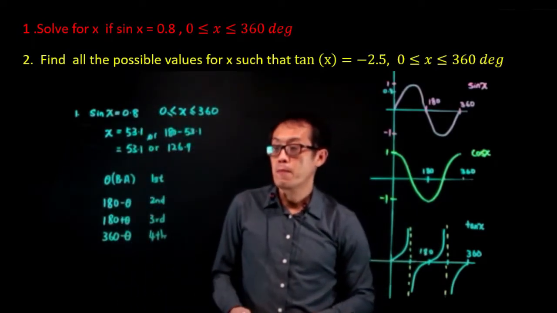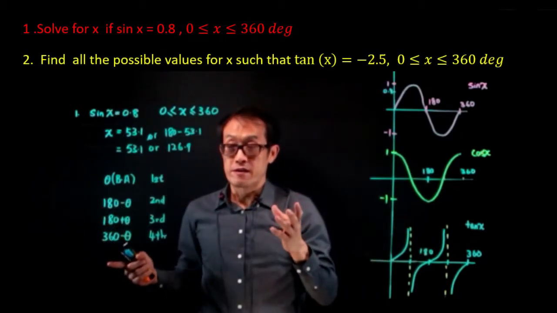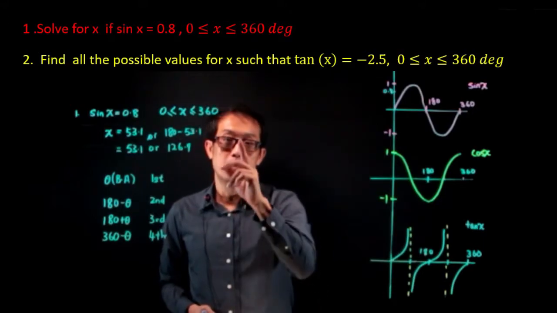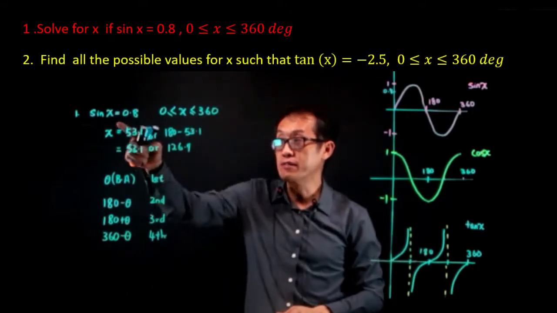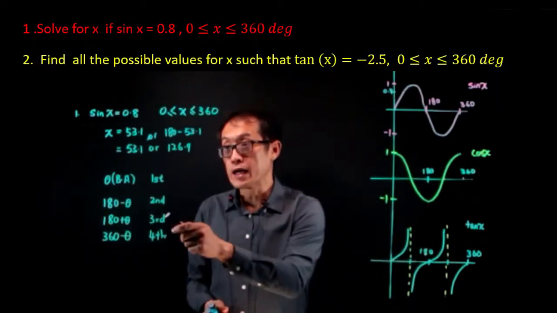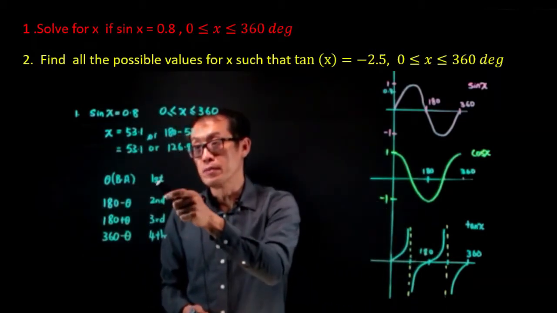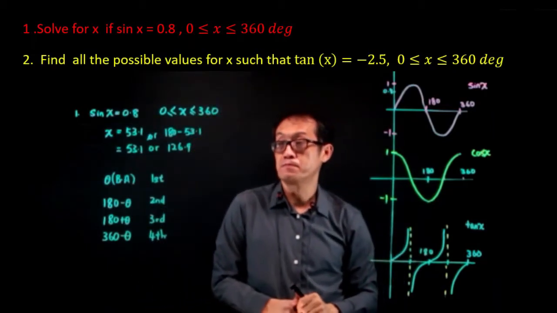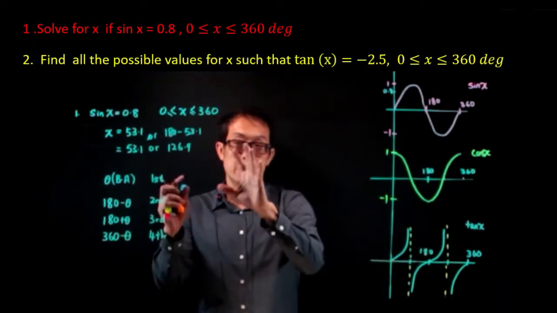Because these are fixed, I know that sine x is positive in the second quadrant, and given that sine x is 0.8, which is positive, the other angle within 0 and 360 will be 180 minus theta. Now in general,